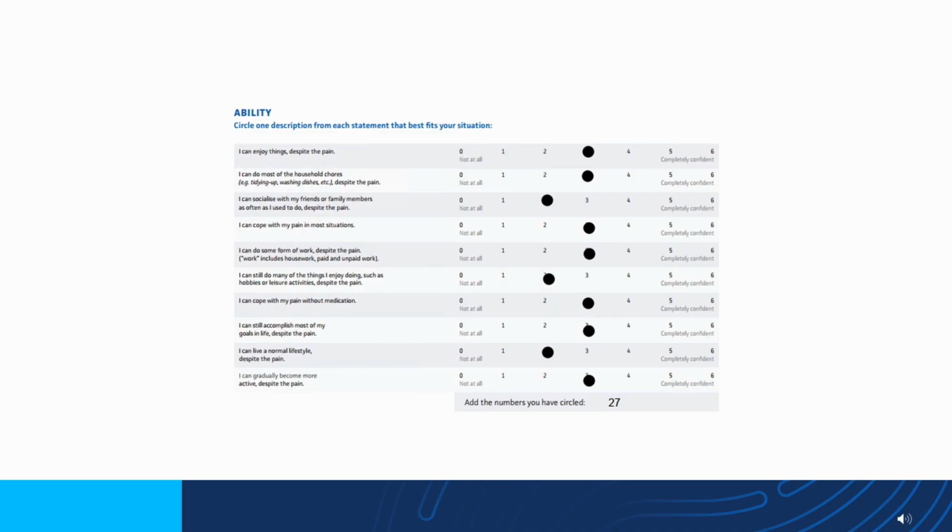Abilities, so this is your self-efficacy. If somebody's got severe pain and they're really debilitated by the pain, everything focuses onto the left-hand side of the screen, so they're not able to enjoy a good quality of life. Somebody that's doing well, everything's on the right-hand side, and this person, everything was pretty much down the middle, so still able to enjoy a reasonable quality of life, and if I remember correctly, they were still working as well.